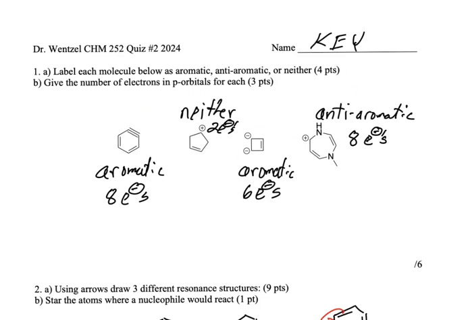Quiz 2 key. Label each molecule as aromatic, antiaromatic, or neither. So this first one's aromatic because it has 1, 2, 3 pi bonds that are all conjugated. Now this second pi bond, for this alkyne triple bond, the p orbital there, if all the other